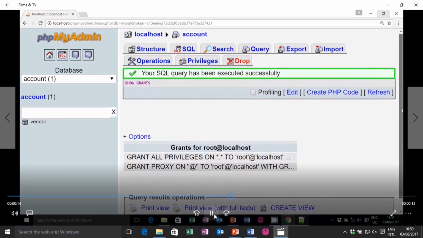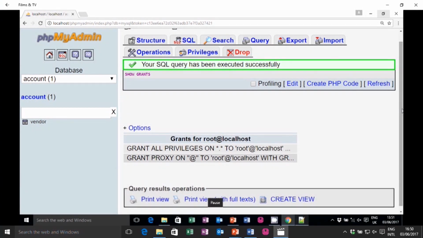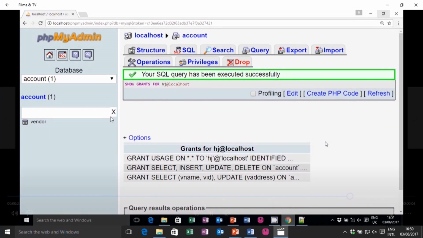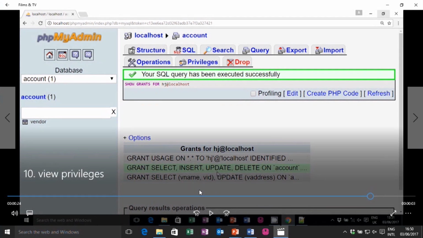Now, if you view privileges with SHOW GRANTS FOR HJ@localhost, these are the grants you assigned. First I gave only SELECT, then INSERT, UPDATE, DELETE on only the account database, because the root user has access to all databases and all tables, and this user we assigned only for the account database.